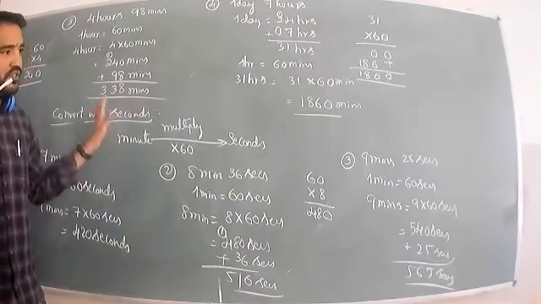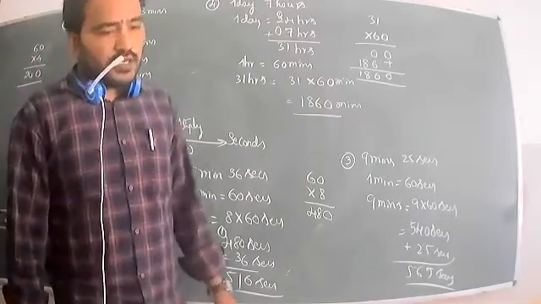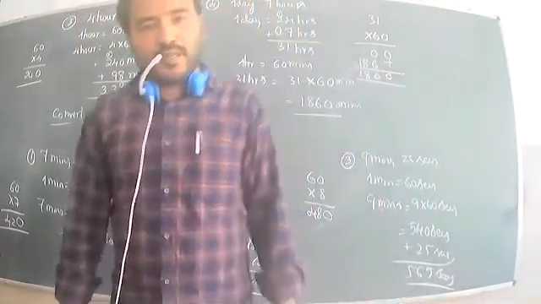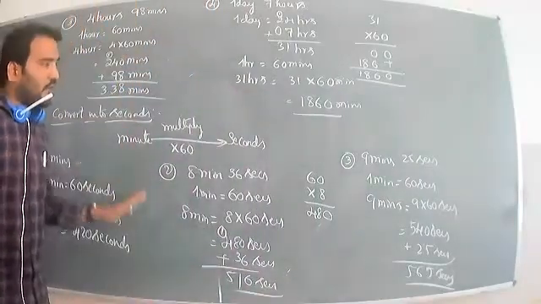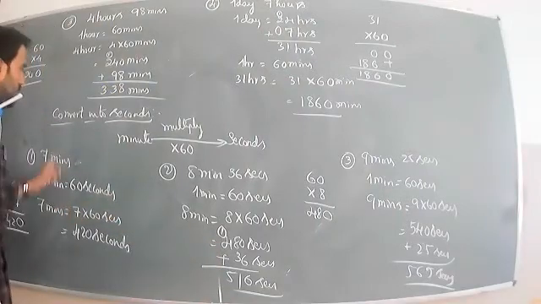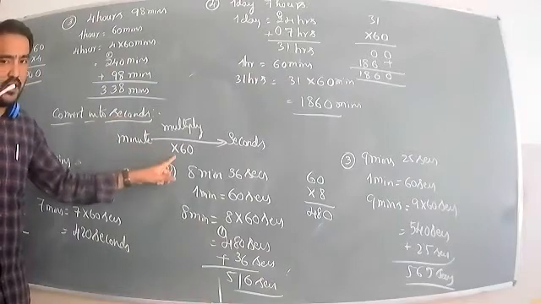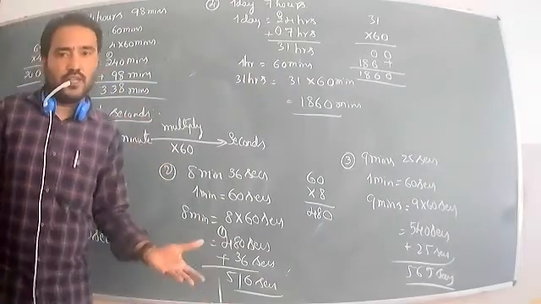So this type of questions you have to solve in the textbook. It is in exercise 9C, fourth main. Okay. So this type of questions you have to solve. I hope all of you understand that. So we can convert minutes into seconds: we should multiply by 60 and then add the remaining seconds. So that is the concept.